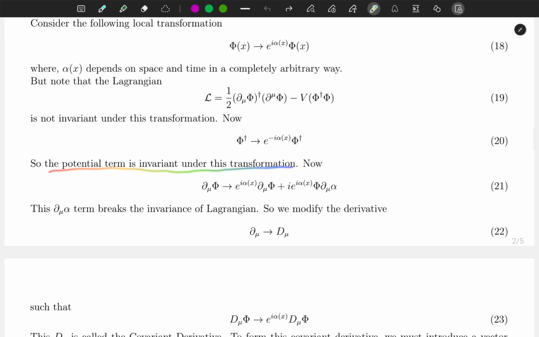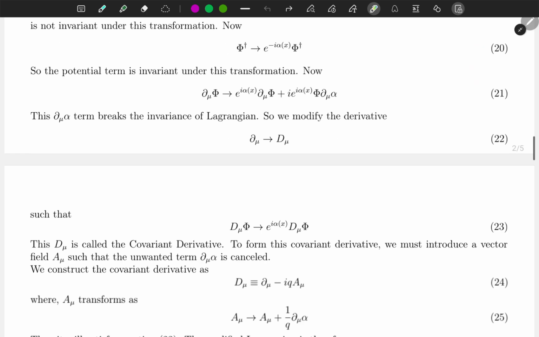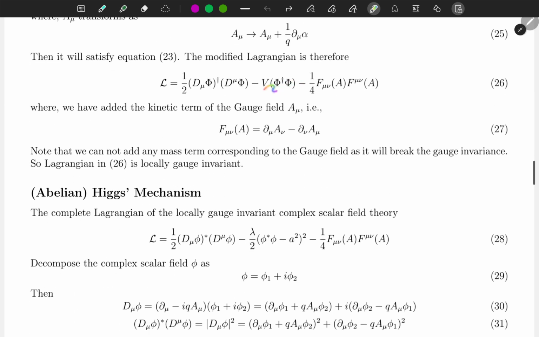The potential term is invariant under the transformation because the potential is a function of phi dagger phi. For phi dagger phi, this is always the same because it is e to the power i and e to the power minus i, so basically that is 1. So there is no change in the potential term, and we are introducing a new term, that is the kinetic term